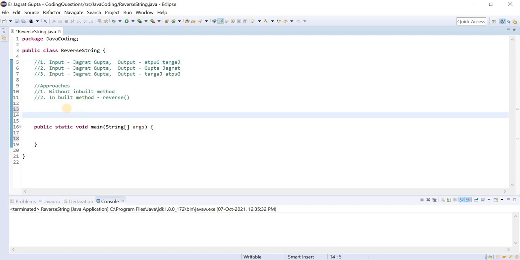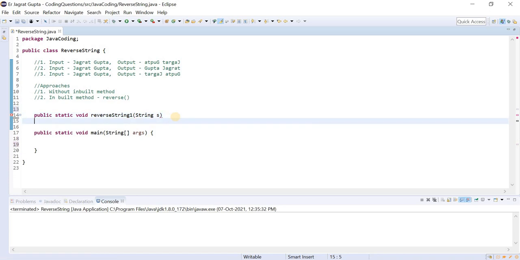Let me create a method for this. It is public static void, and I will name it reverseString1, and I will pass the input string s.